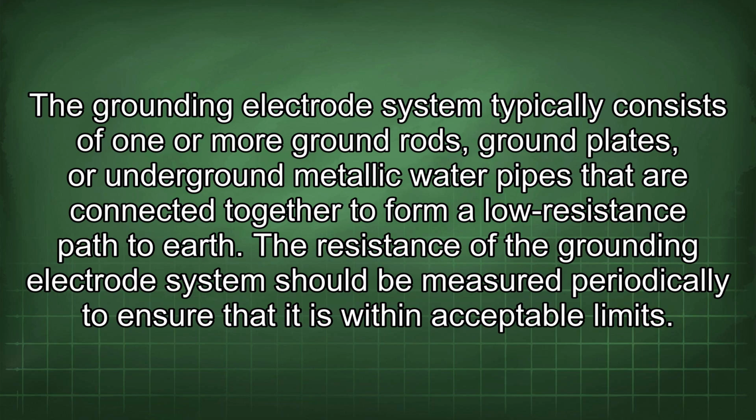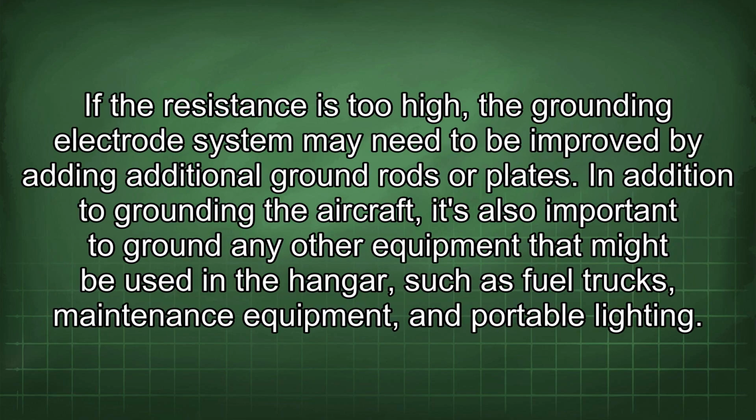The grounding electrode system typically consists of one or more ground rods, ground plates, or underground metallic water pipes that are connected together to form a low resistance path to earth. The resistance of the grounding electrode system should be measured periodically to ensure that it is within acceptable limits. If the resistance is too high, the grounding electrode system may need to be improved by adding additional ground rods